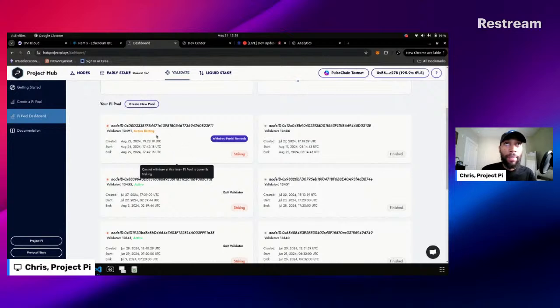I basically made it to where the button would disappear once the status changed from active to active exiting. And it only makes sense. You should not be able to exit the validator and use the keystore, the same keystore file and password consecutively. You do it once, that's it. So now this validator has exited,